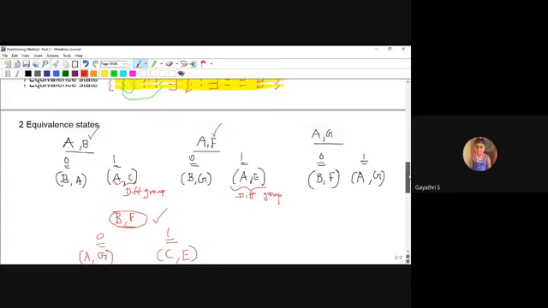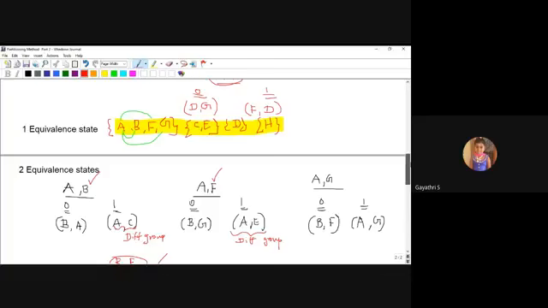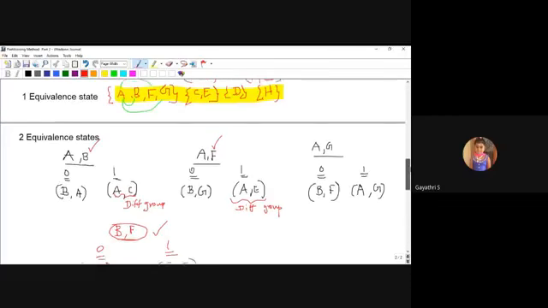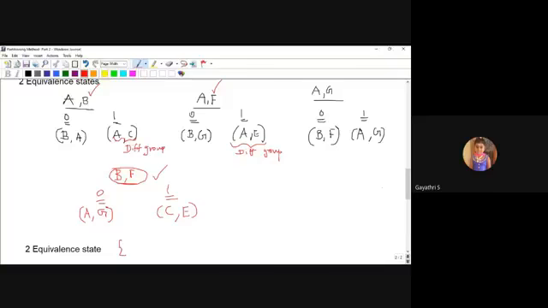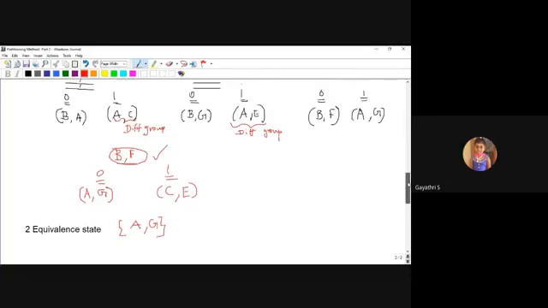So already pair A, B, F, G. Okay. So BF is separated from this group. So AG. This is AG. Okay. Next, BF.